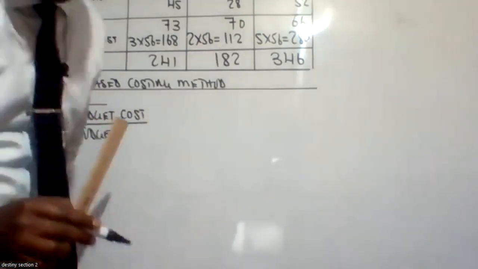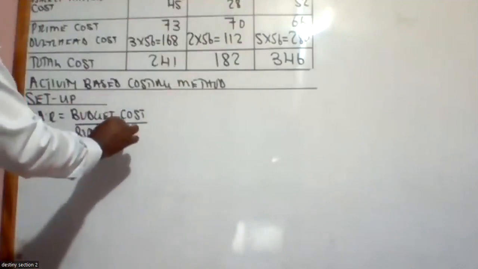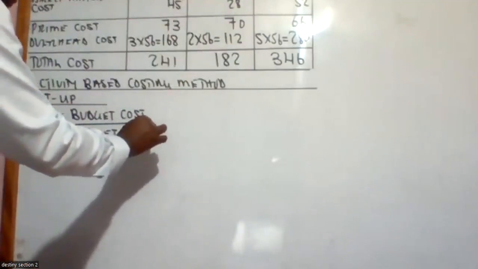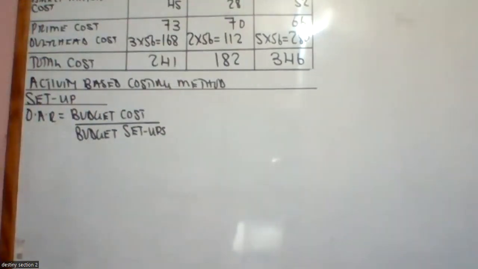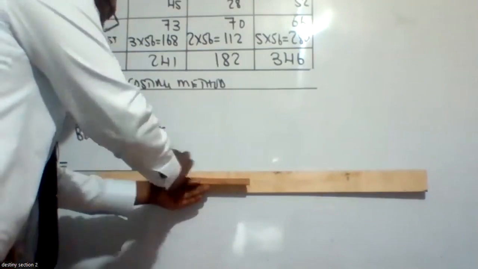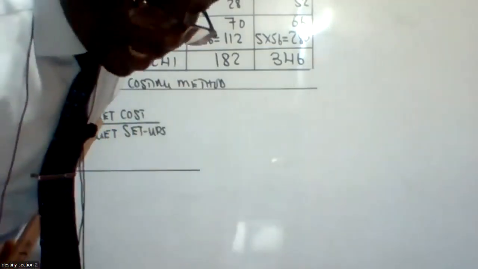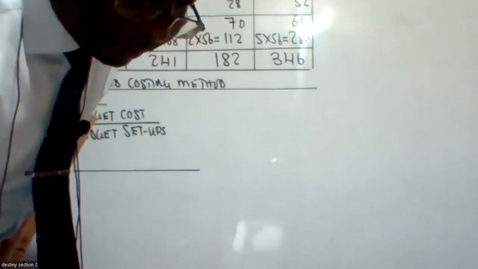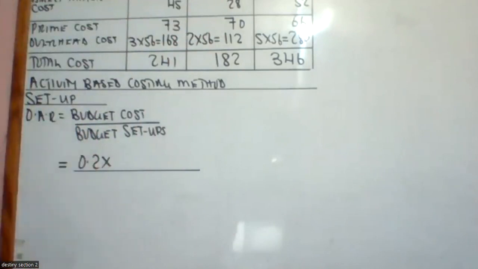Budget cost, you divide by budget setups. According to the question, we are told that the cost of setups is 20%. So it is 0.2